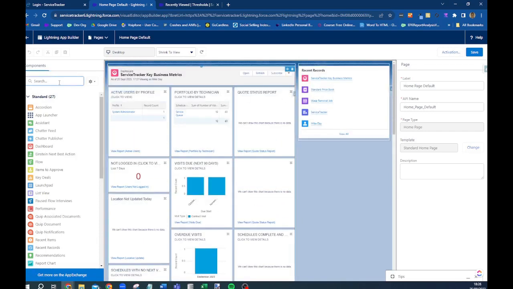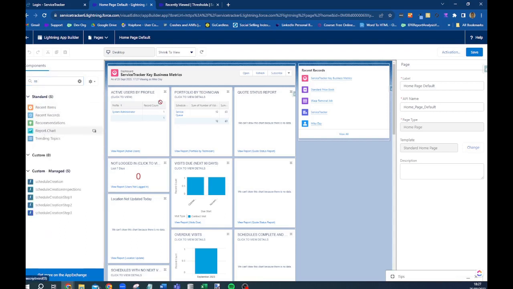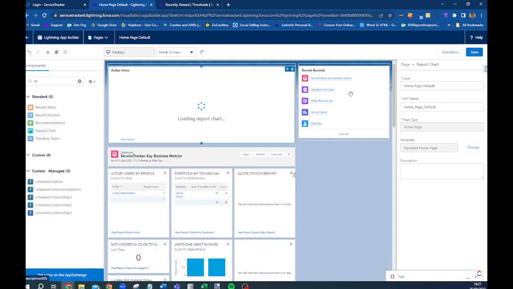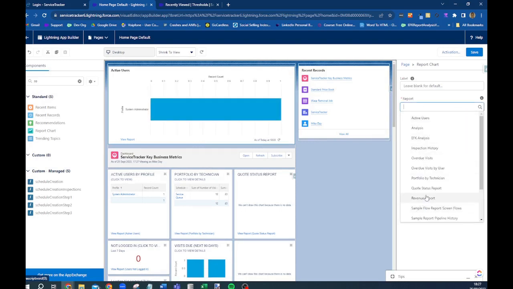You could add a dashboard, for example, using the components on the left and dragging them onto the page. You could also add a report if you wanted to, by just dragging that onto the page. And then I can just select which report I want to run. So show me overdue visits,